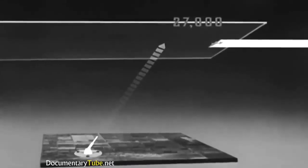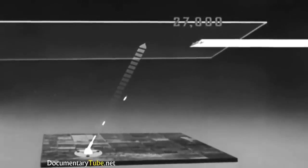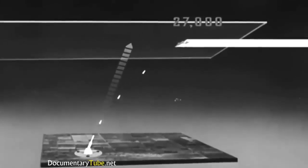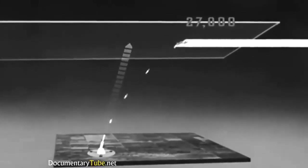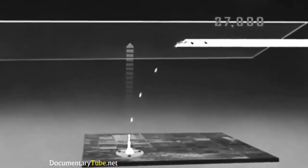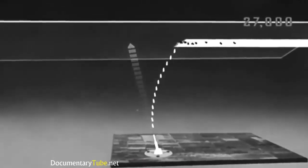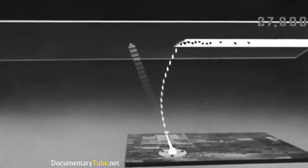So they will fire not at where the target is now, but at where it will be at the end of the shell's time of flight. The director will then go on automatically adjusting and setting the guns as long as the planes remain in range. Of course, guns do not fire singly, but in batteries of 4 or 6. Our symbol now represents the heavier fire of a whole battery making a continuous pattern of bursts along the plane's